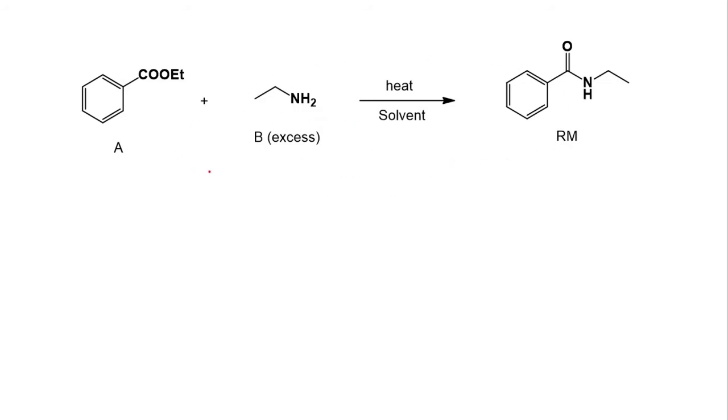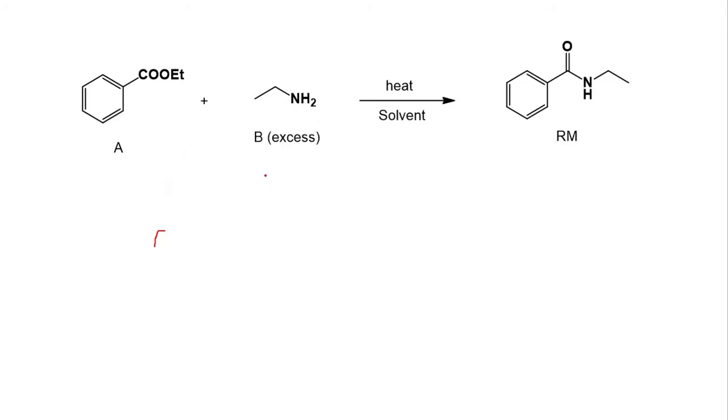Now you are doing this reaction. You have not yet finished it; you have just started the reaction. So what will you do in the beginning? You take a flask, any reaction mix. You mix A and B in the flask, and then you start running the reaction. Either you heat it or you just stir it. You may have to heat in this case.